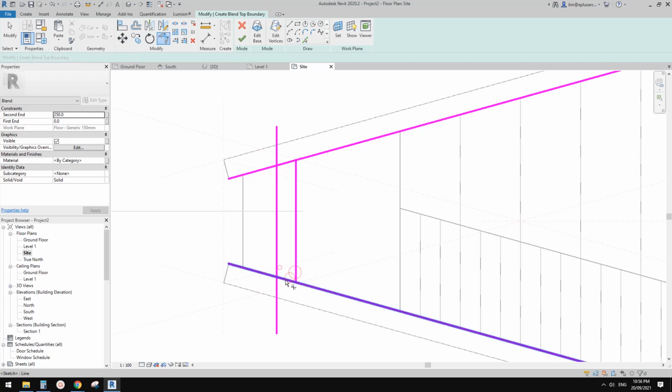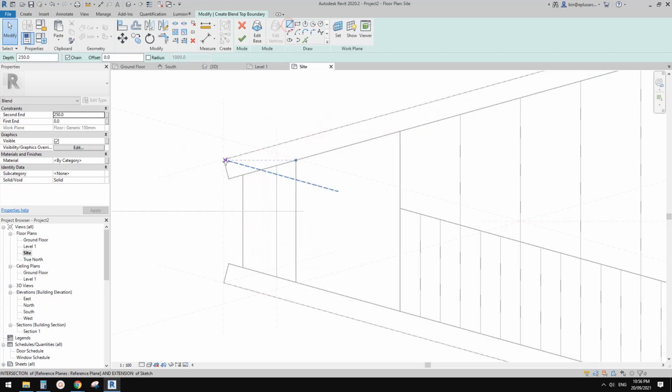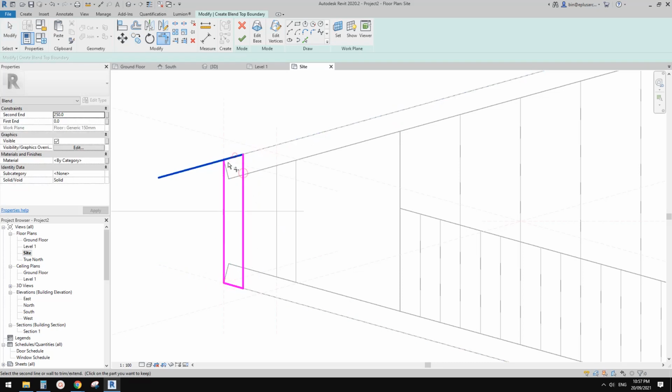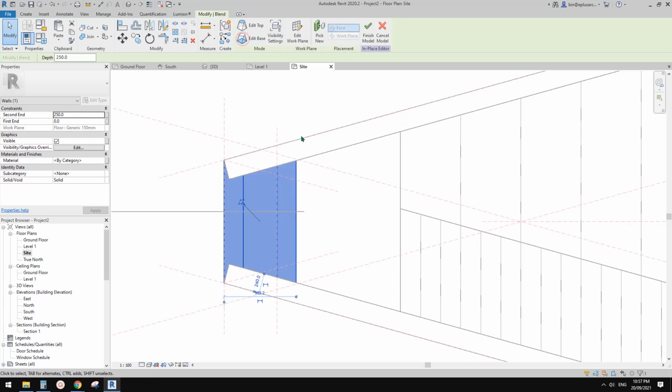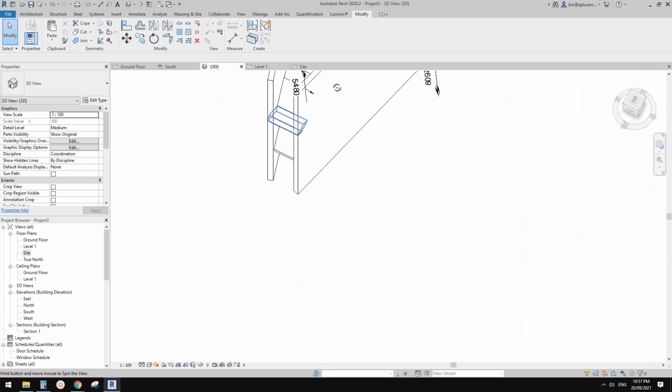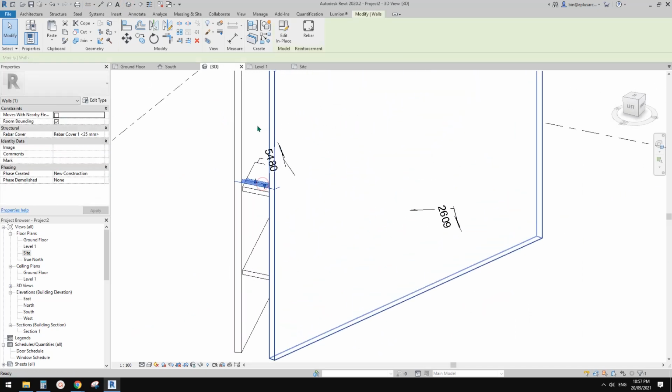Oh, hang on, maybe not. I'll just draw it here. So it will be here, and this line, I think, or even let's try this one, and also 240 and the trim. And let's have a look what this one looks like. So if I finish this one and go to 3D view, and of course it's not high enough, so we